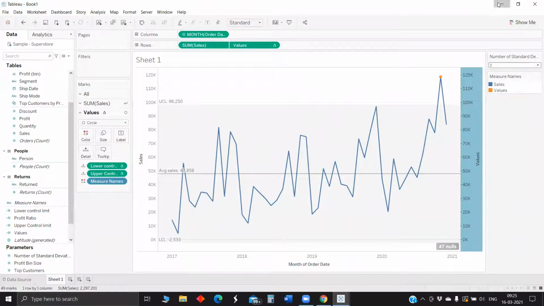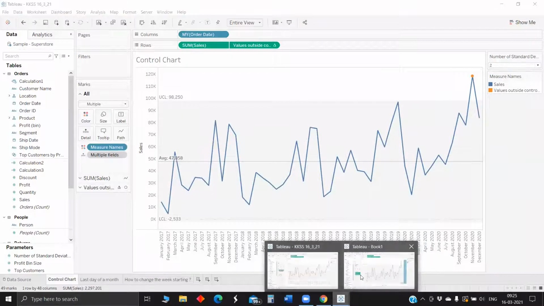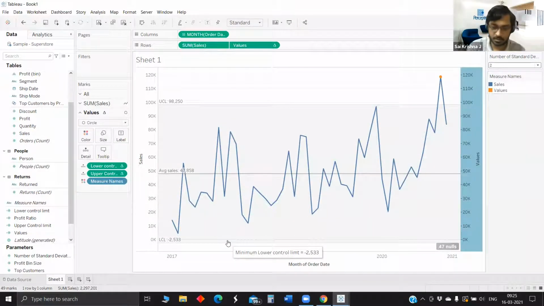Okay. Maybe I'll just talk a bit about control charts since I was in the field for some time. Typically, control charts are used in a manufacturing scenario. The LCL and the UCL, the lower and upper control limits, are calculated just like Jairam showed you in that calculated field. You have the average plus or minus the standard deviation of the process. There are actually several types of control charts. What we have here on the screen is something called an X-bar chart. X-bar stands for the average.